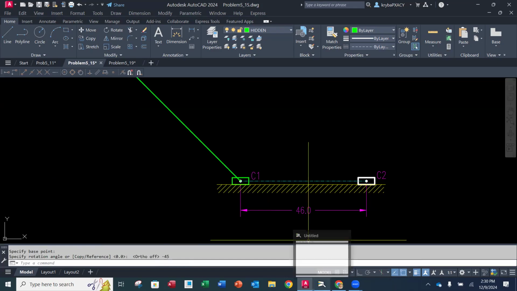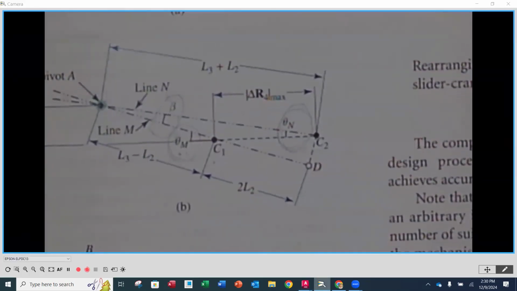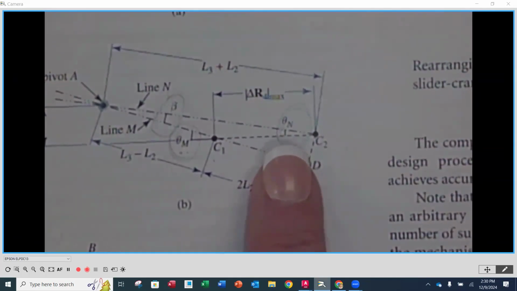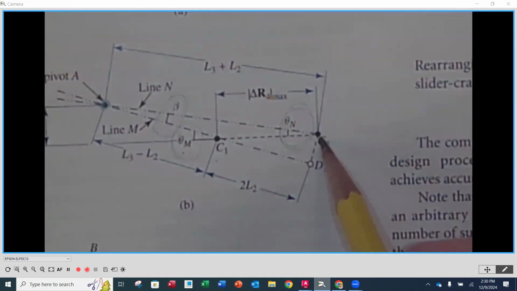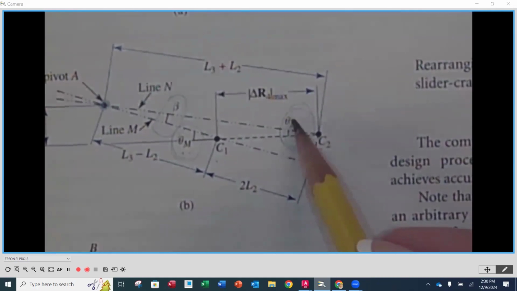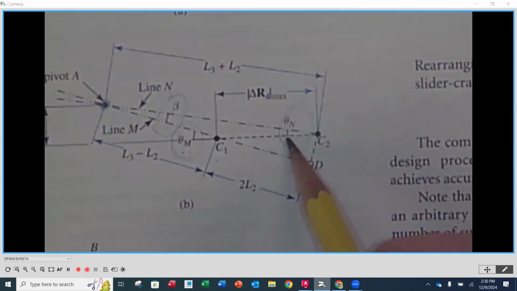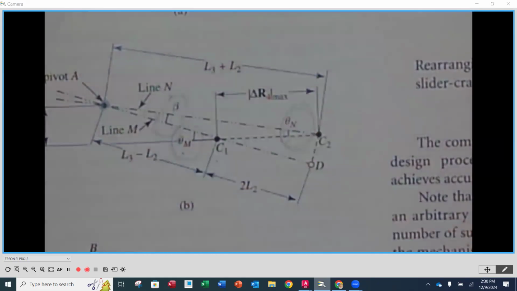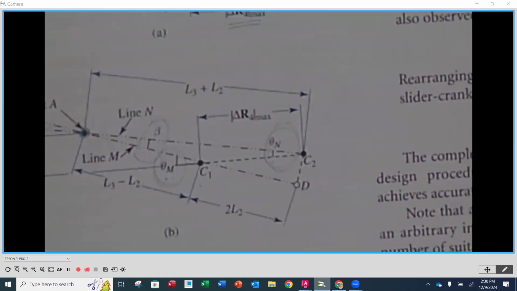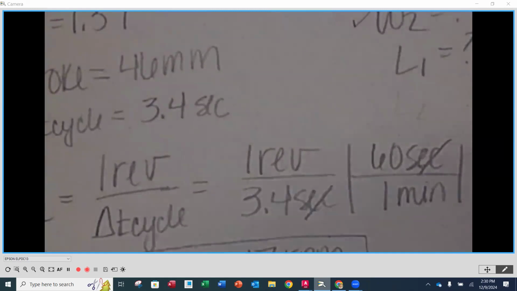Now, if I go back underneath here, I need my theta n, because I can't put this in here and go right through the C2. So what I'm going to do is put in my theta n, and then I'll be able to find the intersection so that we can see that beta comes in there. But we're going to use beta for it. So if you recall,